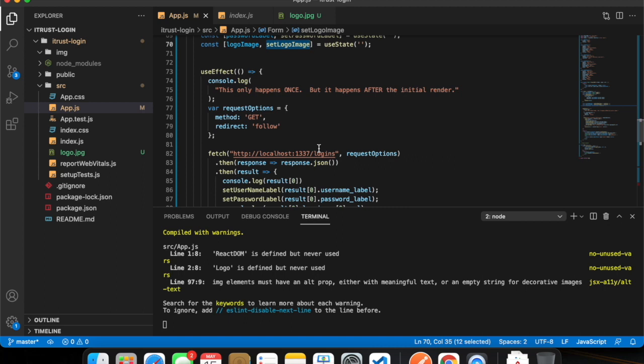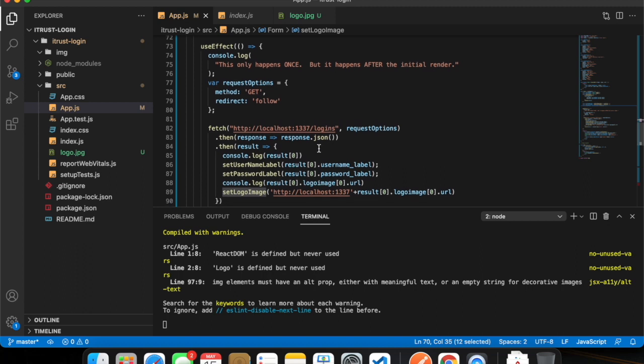So to integrate the Strapi API with your React.js app, it is very simple. The same way you make API calls to your backend API, you need to use the Strapi component APIs to fetch content from the content management system. So use fetch, and within fetch you will be passing the URL which will download the content from your CMS.